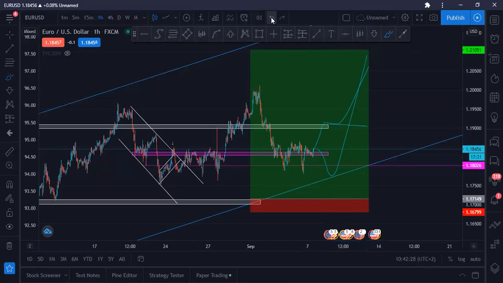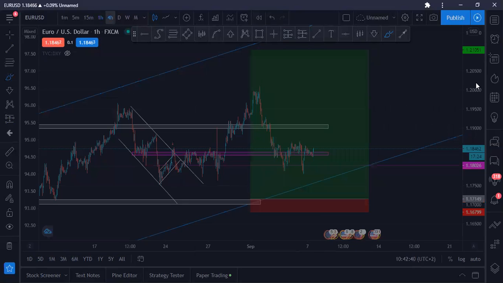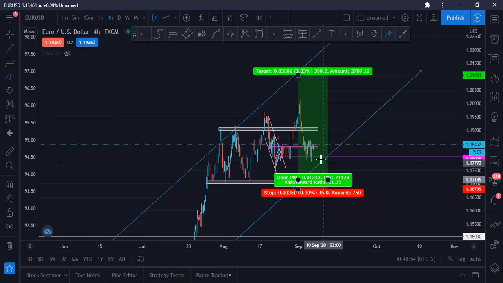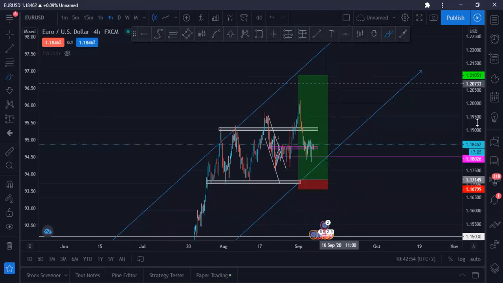But for now, we're basically in the middle. We're in the middle of a zone. We're basically not at support, we're not at the resistance, we're in the middle. So I'm not comfortable taking trades in the middle. I like to buy low and sell high. So right now we have to wait and see what happens with the Euro USD. Hopefully we can see this thing come and test this line maybe and then give us a push to the upside. That would be honestly a nice trade. Okay,